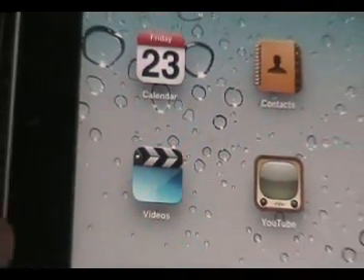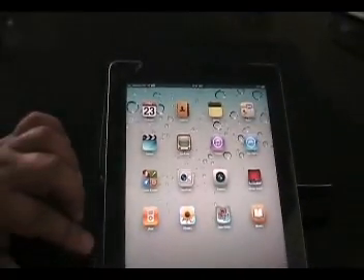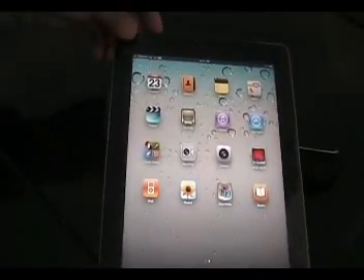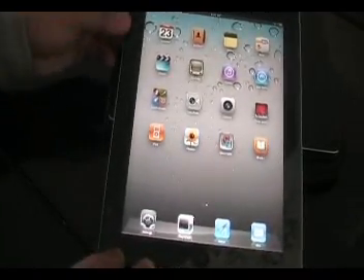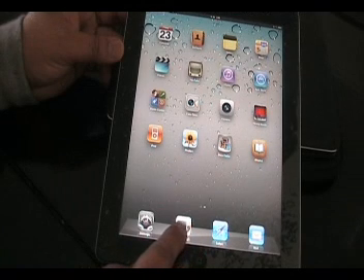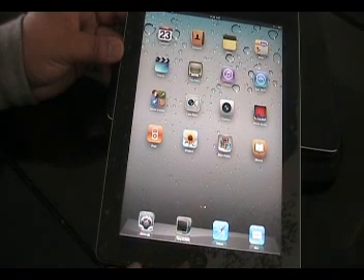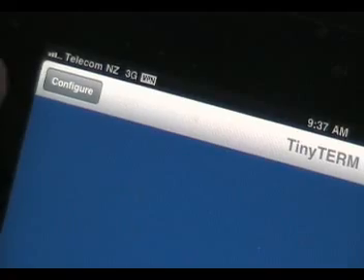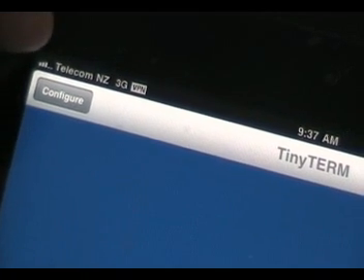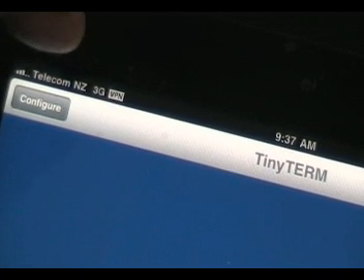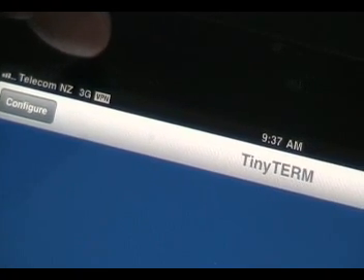So press the start button, going out, and you want to start the app located at the bottom down there. If I can just move this iPad a bit, it's the second one from the left, and it's called Tiny Term. So you click on that and up comes the blue screen. You can see that it says Telecom NZ, and after that it would say 3G. That means you're connected to the internet, and then the last